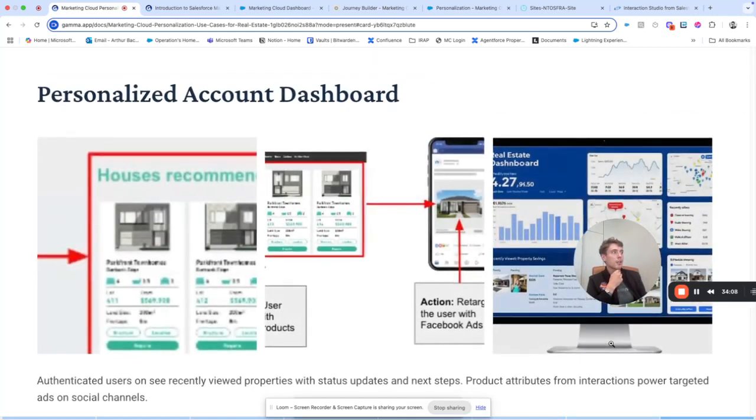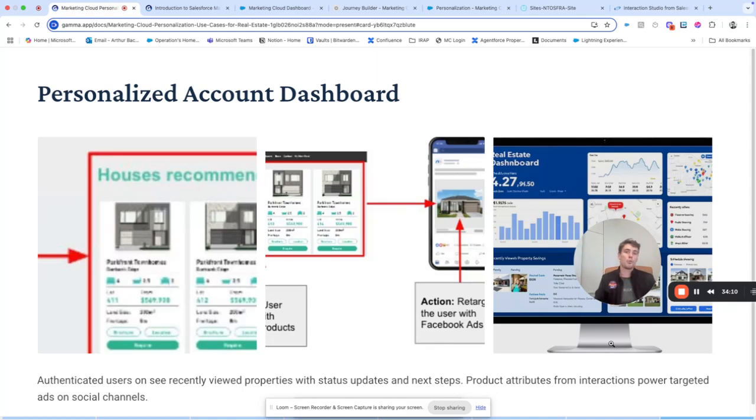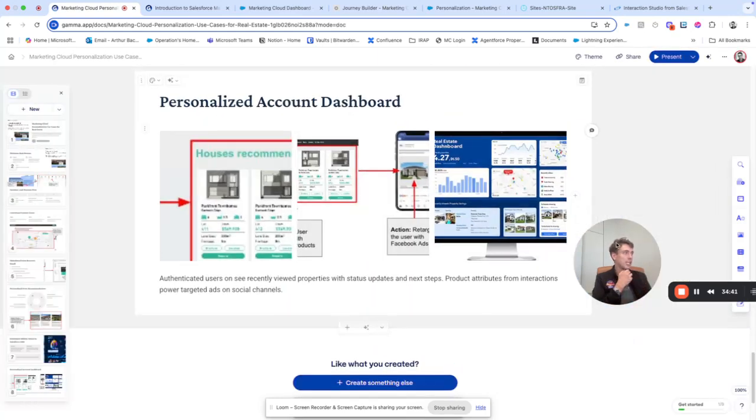And personalized dashboards and products. When people use your website, you will be able to display some specific dashboard, some specific products based on their behavior. So, for example, if they are more interested in land, you could display a dashboard with the current price of land around them, or information that is related to their finance, for example, in a property use case. So I think